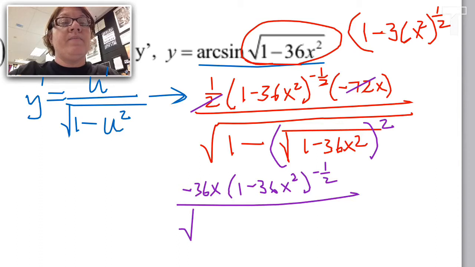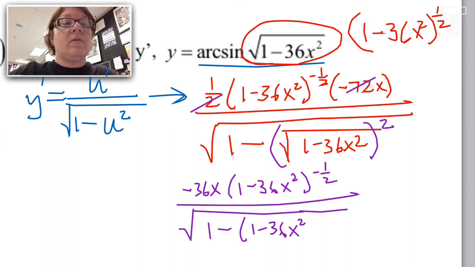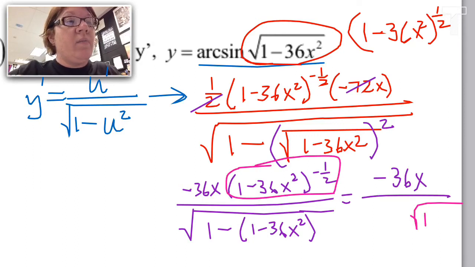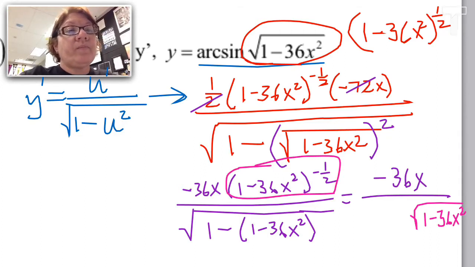But now on bottom, I have 1 minus, and I might need some parentheses. So, of course, the square and the square root cancel each other out. And so if I simplify just the denominator inside, so I have negative 36x on top. I'm going to bring the square root down now. I'll set it over here to the side. So 1 minus 36x squared. But now over here, the 1 minus 1 will cancel, and I'll end up with a positive